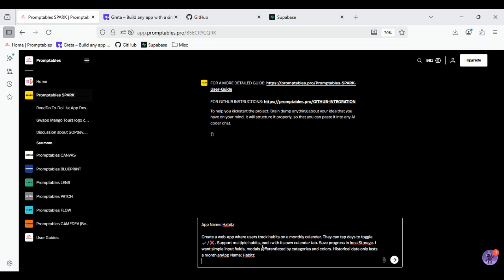a web app where users track habits on a monthly calendar. They'll tap days to toggle between checkmark and X. They're going to support multiple habits, each with its own calendar tab. Save project in local storage, and I'm going to give you the link to use this app afterwards so you can go in and test it and track your own habits. I want simple input fields, modals, and categories by colors. Historical data only lasts a month,